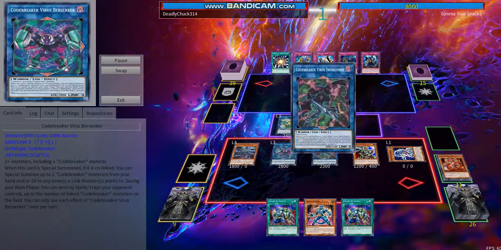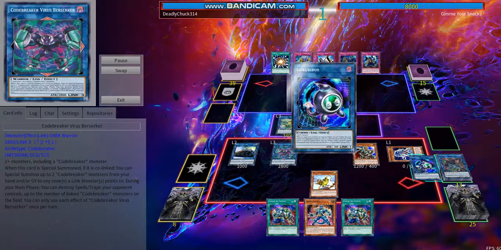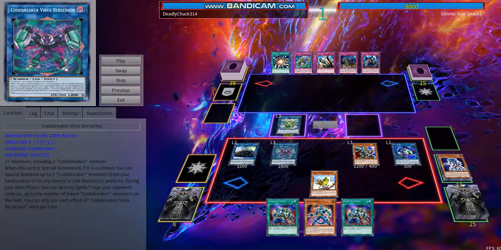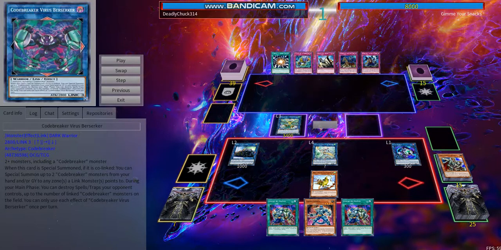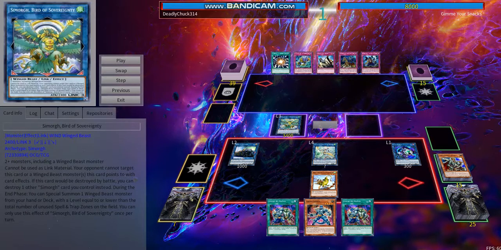So we're going to activate Virus Berserker, summoning more stuff. Union Carrier will equip Thunderbird, and then we're going to activate Link Revo, tribute 1 for it. And the reason why we're going into Link Revo is because we will be ending on only a 2 negate Appaloosa. And the reason, I mean, we had the ability to end on an Avermax, but I just decided to